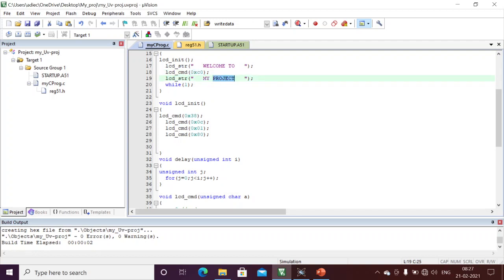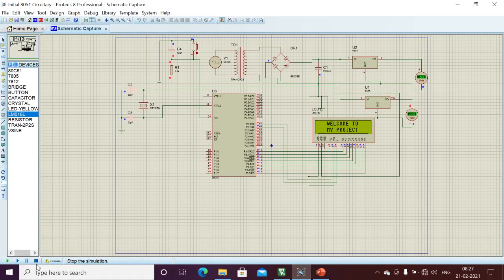For example, if I want to display from C5 onwards, I am going to write some ABCD here. Let's see. If I want to display this ABC from C4, I'm just giving the C4 address. I stopped my execution and started again.